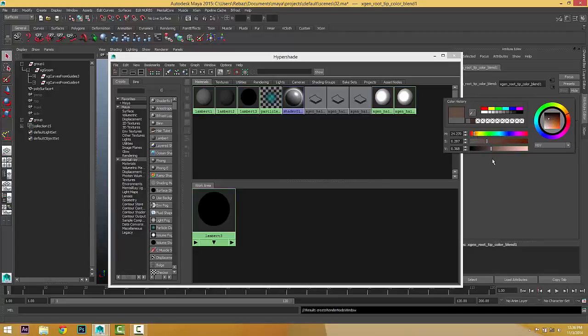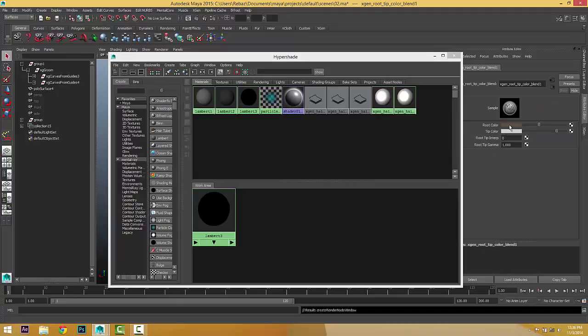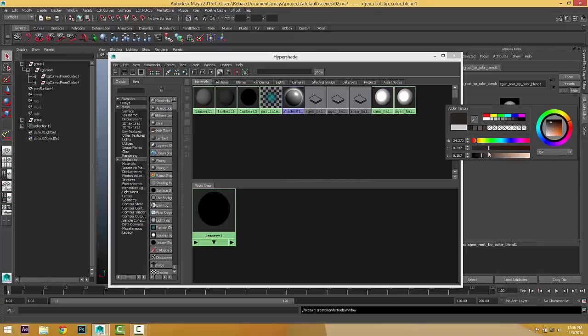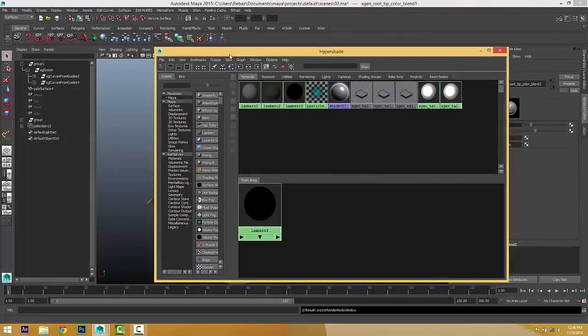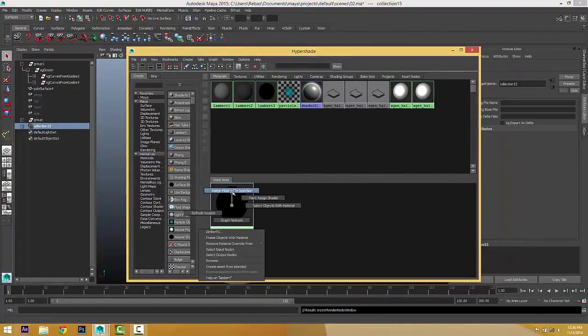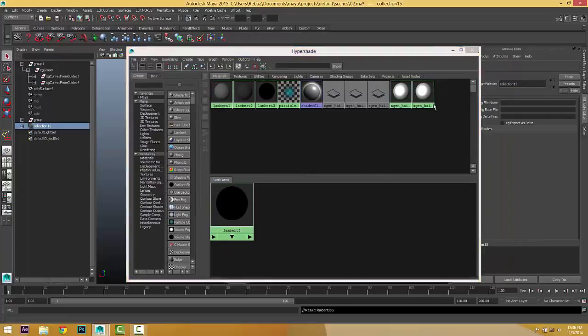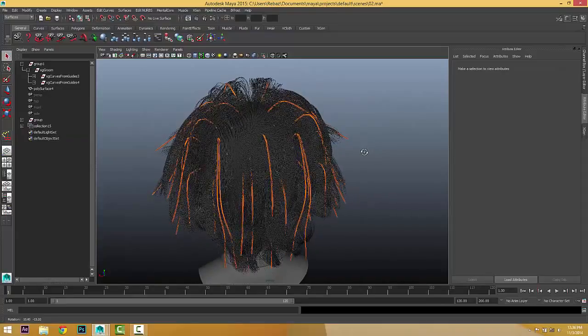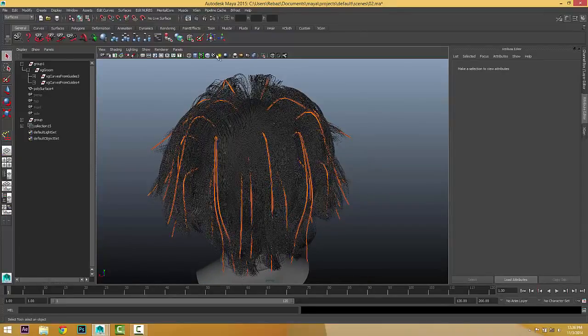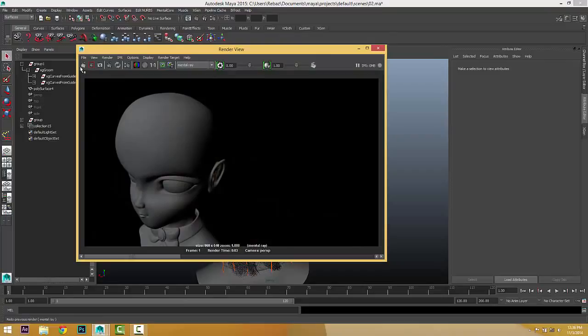Let's choose brown, and in fact a dark brown for the root is better, and for the tip the same color but with a brighter value. Then select the collection again, make sure it is selected, and apply this material to the hair collection. Now we've got the material, and if I give it a quick render,